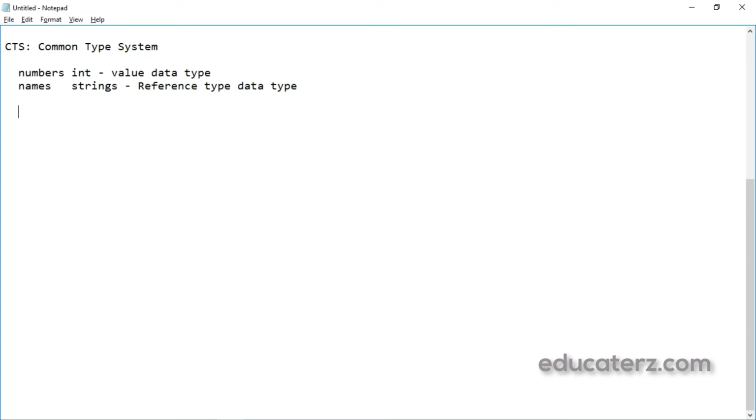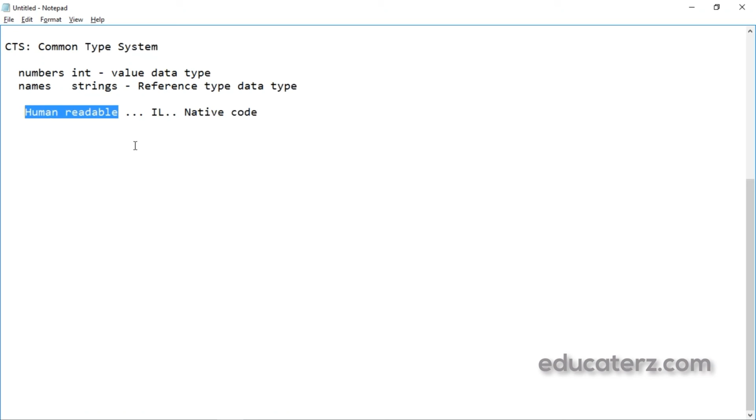Suppose you imagine that we have a demonstration of CTS by creating some application in C# and VB.NET, and then compare the IL code of both applications. Then we'll come to know that. Just remember what I'm talking about here. Human readable code will be written in English. After that IL code will come, then native code will come. This will be the process.